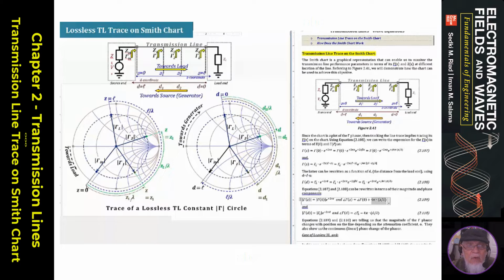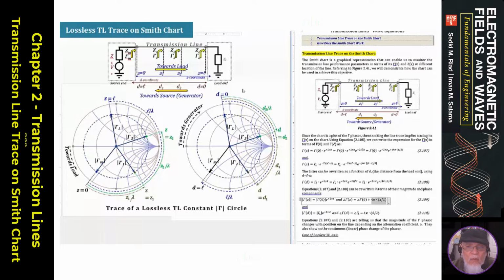And the increase is going to be determined by the ratio 4 pi z over lambda. And that's the scale that we have here. Remember that scale? We had a scale that is calibrated in terms of z over lambda. So 4 pi z over lambda determines the first change in angle. If you go to z2, that's 4 pi z2 over lambda. If you go all the way to the load, that will be 4 pi L over lambda. If you read it on the L over lambda scale, obviously the 4 pi is already embedded in the scale,